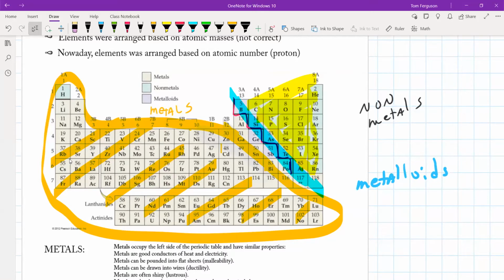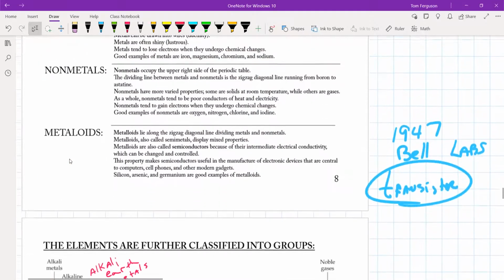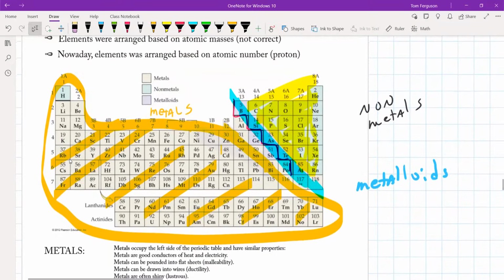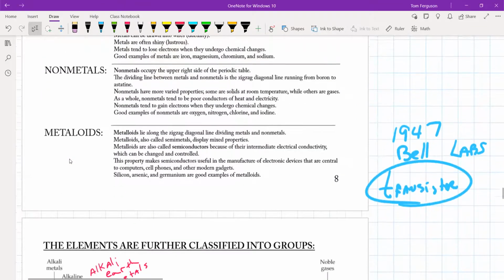Now remember, the next test is not going to be take home. It's going to be multiple choice or fill in. Okay, so you need to know how it's organized. Number one, metals, non-metals, metalloids. Number two,